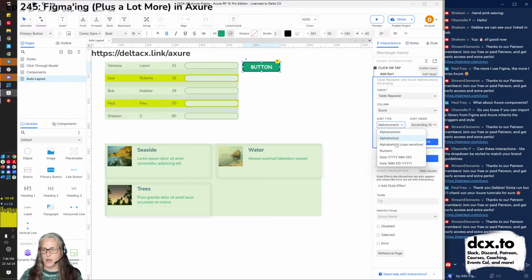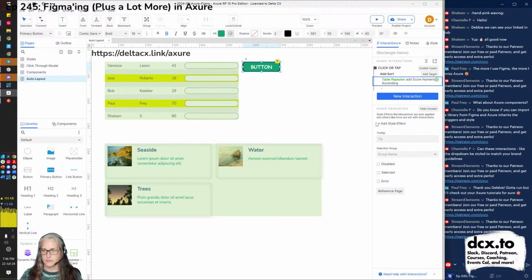How do you want to sort it? It's numbers. How do you want it to go? Ascending, and if I have any other sorts, remove them. Okay, was that a big learning curve? Nah, it's a little learning curve. You've never seen that before. You didn't know you could do it. It takes a little getting used to. Is that a giant learning curve? No. Was that scary? Not really.